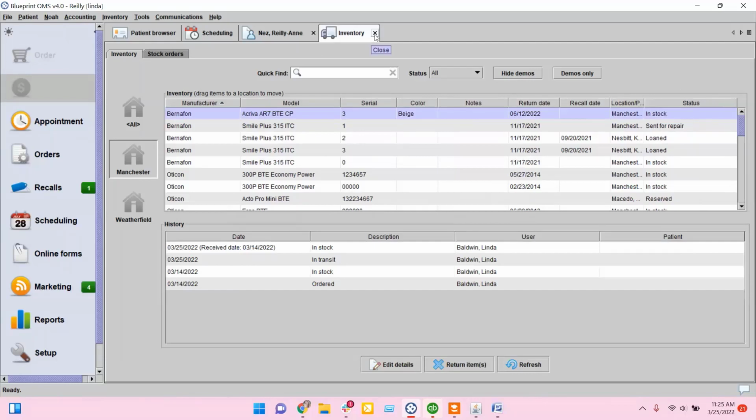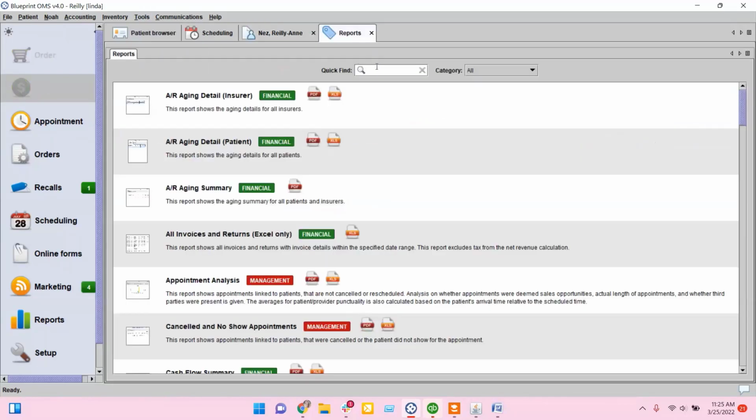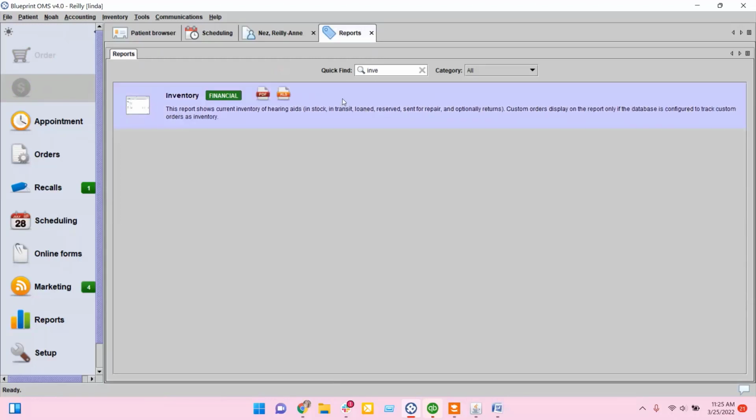The final thing that we'll take a look at are our inventory reports. So if you go to the Tools drop-down menu and you select Reports, I'm going to start typing Inventory in this section here. When I generate this report, it is going to show me my current inventory of hearing aids,